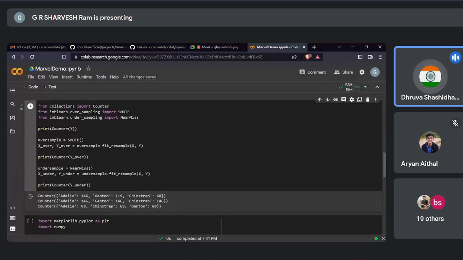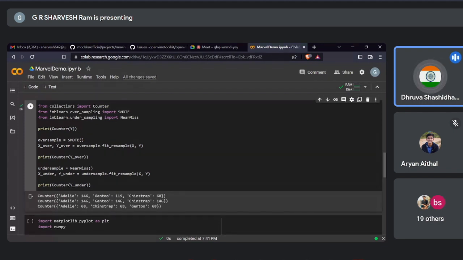The number of instances of both Gen 2 and Chinstrap are equal to the number of Adelie instances. So clearly, the algorithm, which is smart, has generated new samples for Gen 2 and Chinstrap to match the number of Adelie samples. So it kind of makes the data set equal, and it will provide us better